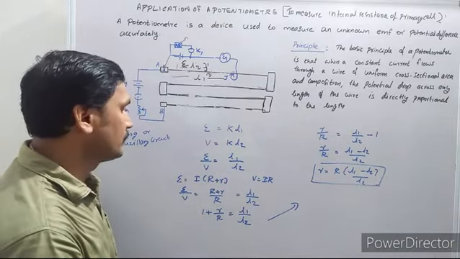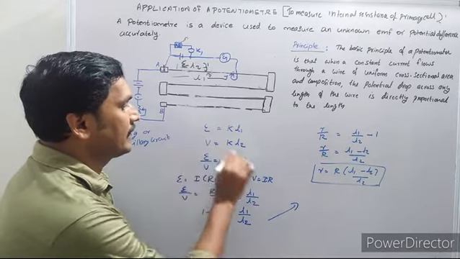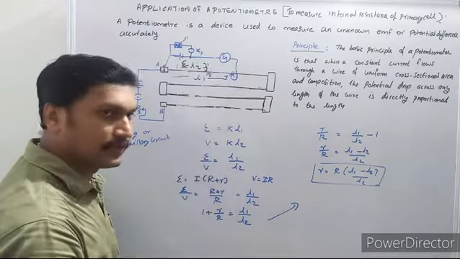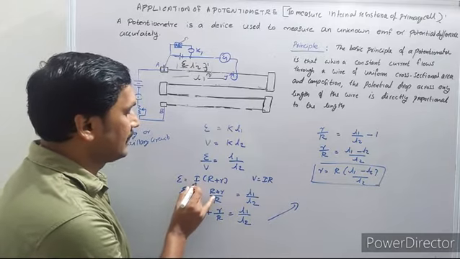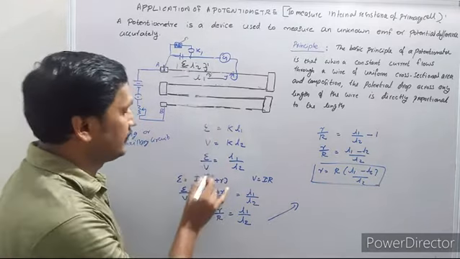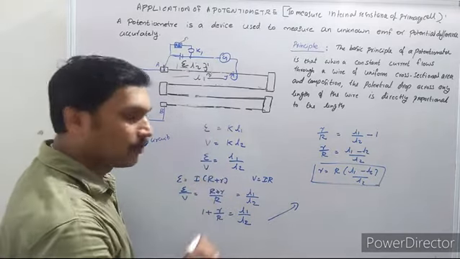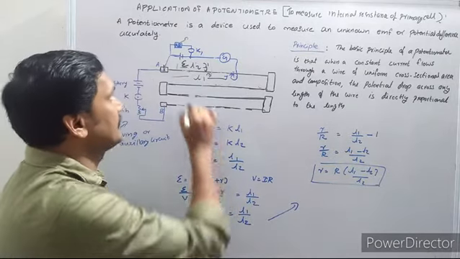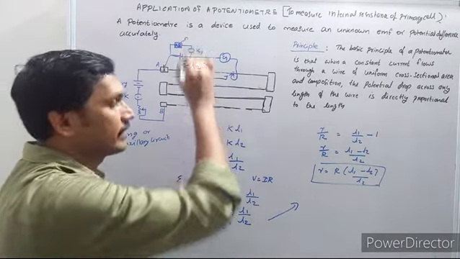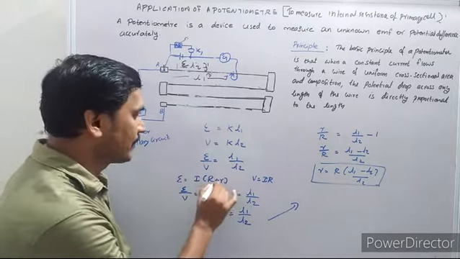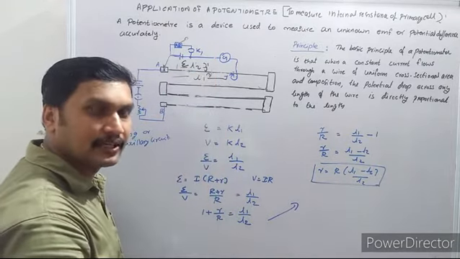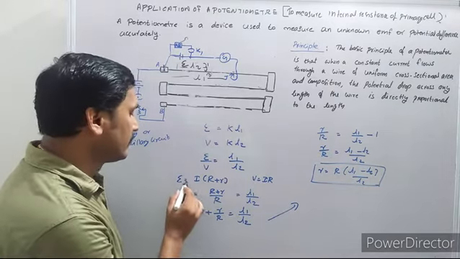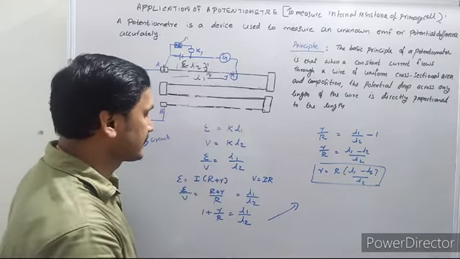And if you want to find the internal resistance of the cell, we know that EMF E is equal to the current I which is drawn from the cell into R plus r. What is R? The external resistance, the resistance included in the resistance box. Small letter r is the internal resistance of the cell, actually that we want to find. So E is equal to I into R plus r.